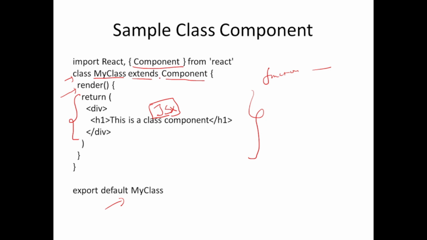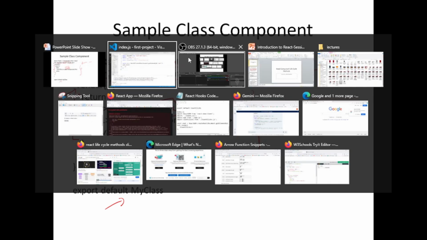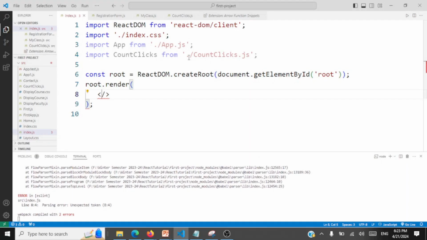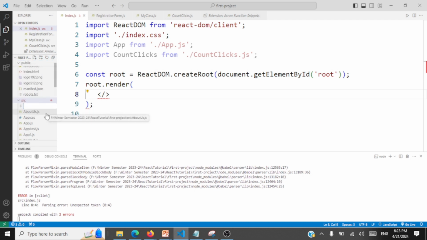So let's now straight away try it out in VS Code. Let's code a simple class component and let's render it now. Let's go to VS Code. So here I have index.js in VS Code and let me first add a source file. I'm on src and let me add a source file. I'll call it FirstClass. So this is my FirstClass.js